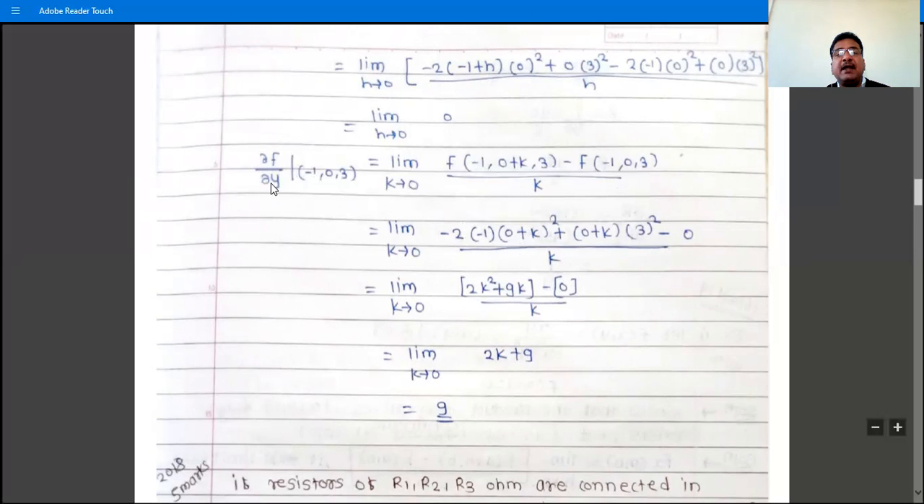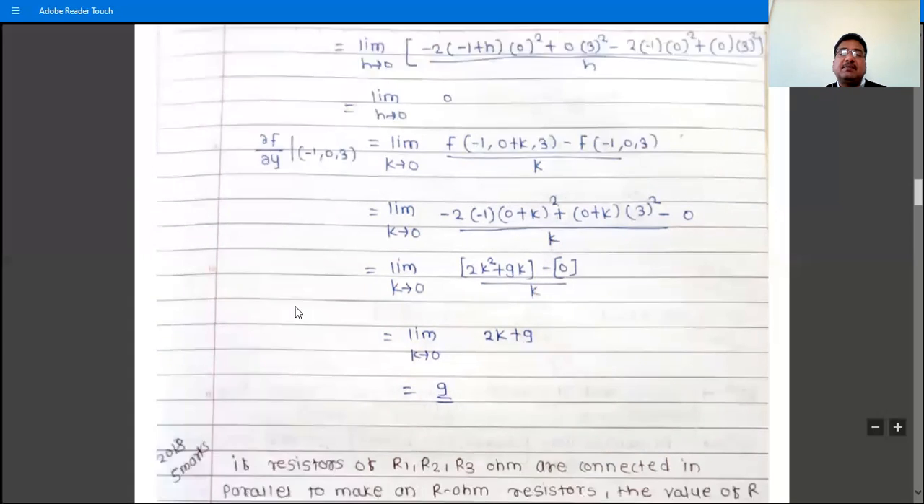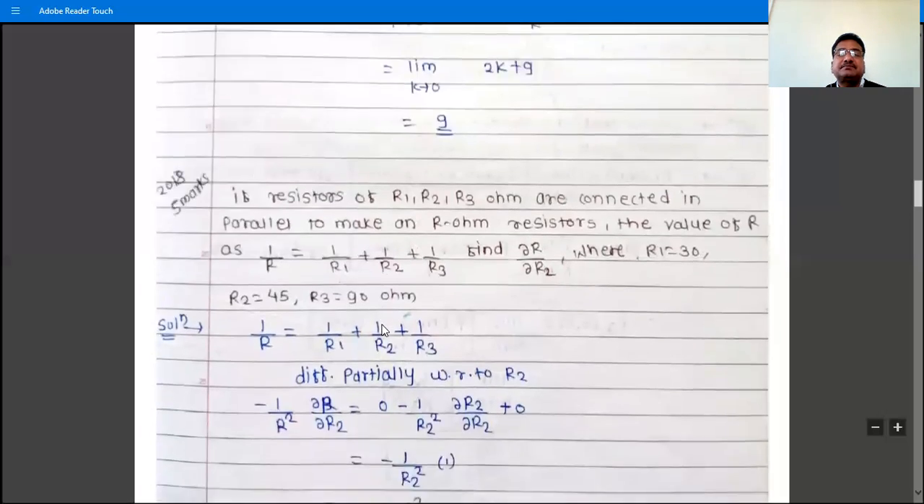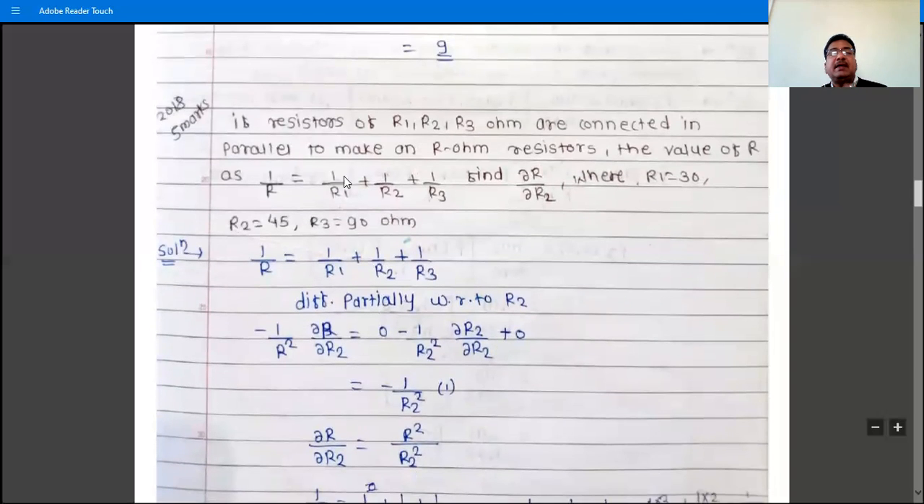Now what is ∂f/∂z at (a, b, c)? Limit L tends to 0, f(a, b, c + L) minus f(a, b, c) divided by L. So these are the partial derivatives with respect to x, y, z. Then the next problem is